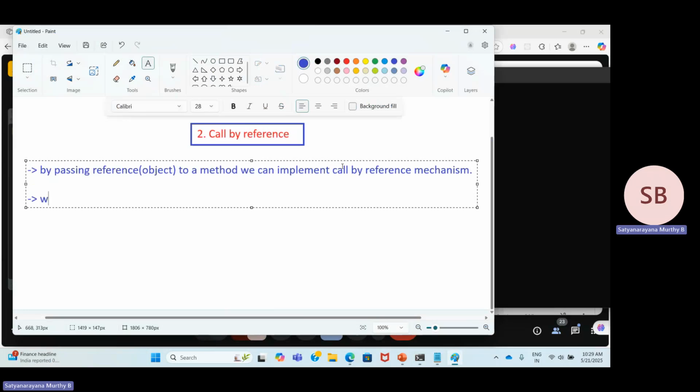When we pass a reference to a method, what happens is